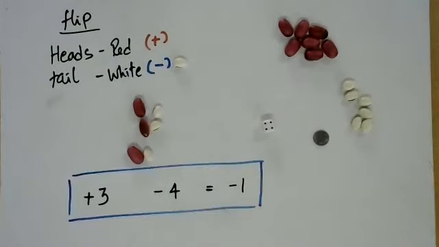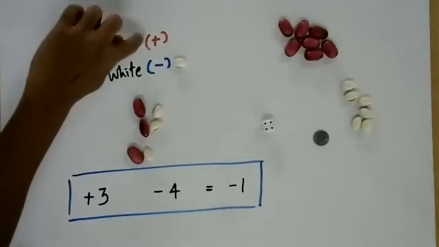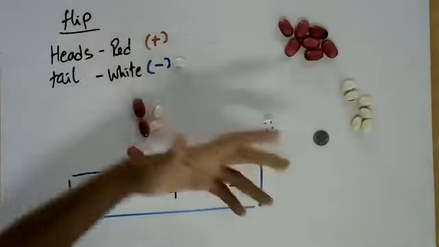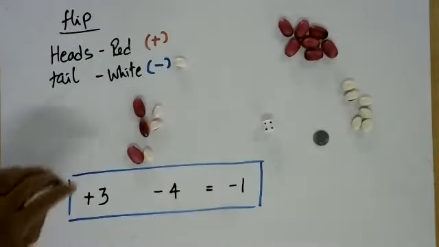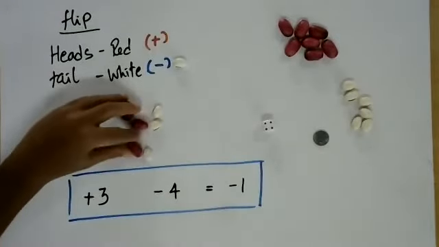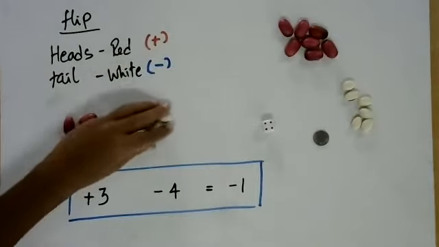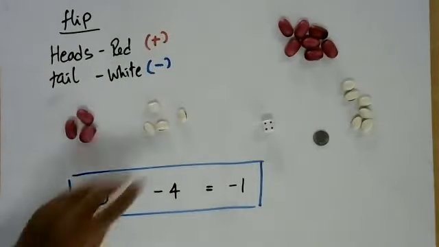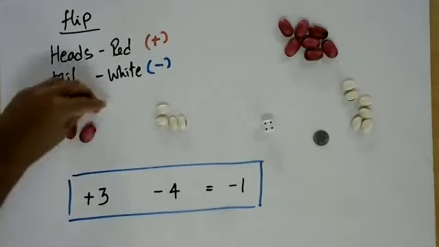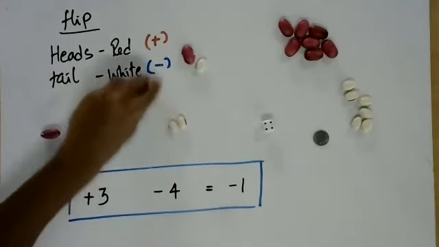Sir, I did this thing in all the three. You did the same thing in all the three. Good. So I'm just repeating the instruction. We can keep the red as positive and the white as negative. Whatever number comes out positive, so there is like +3. So you write +3, -4, and then you pair them out, right?